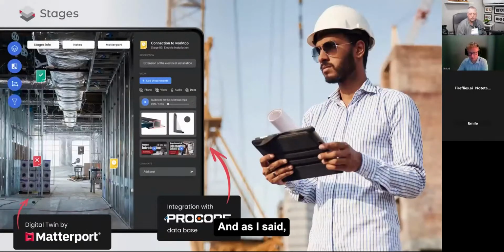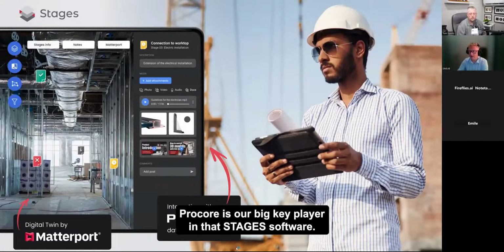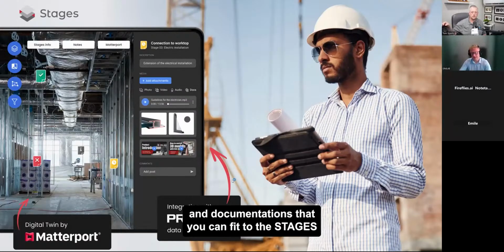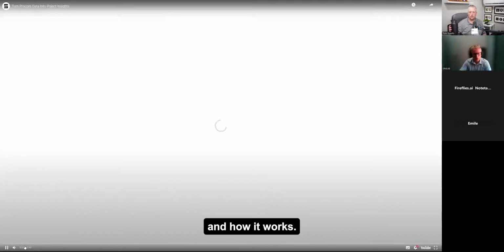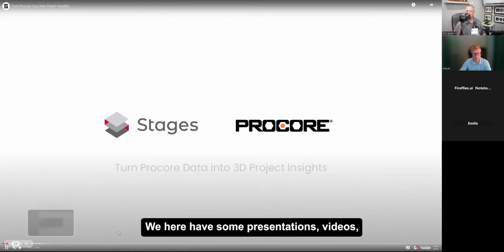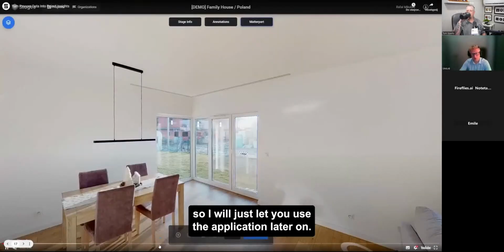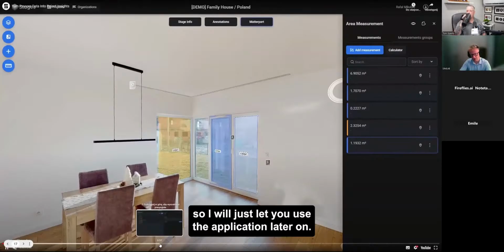And as I said, Procore is our big key player in that Stages software. We are using Procore as the asset library and documentation that you can feed to Stages. And how it works, we have some presentation videos here, so I will just let you use the application later on.